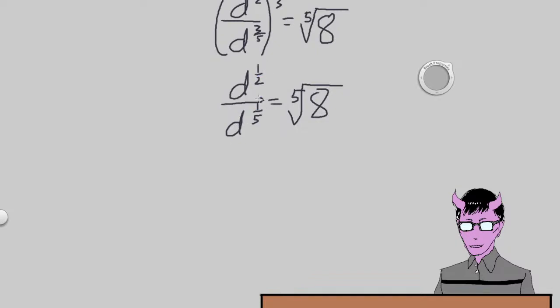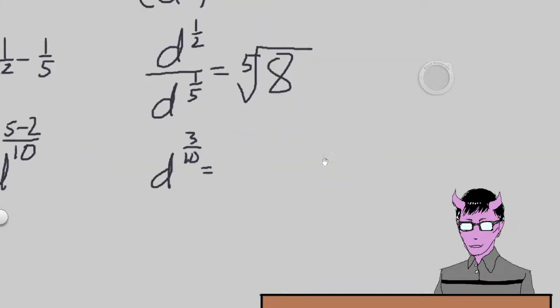So it's just going to be 1/2 minus 1/5. Simple cross multiplications of 5 minus 2 over common denominator of 10, which gives us 3/10. So d to the power of 3/10 is equal to,